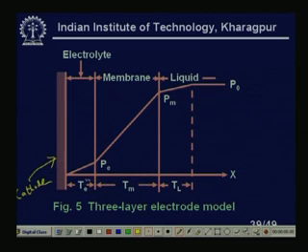We have a membrane. After that, we have a definite thickness of the electrolyte. Then we have the membrane thickness, Tm, and this is our liquid film thickness. You see it is slowly increasing. After that we get the main bulk liquid, but here is a film